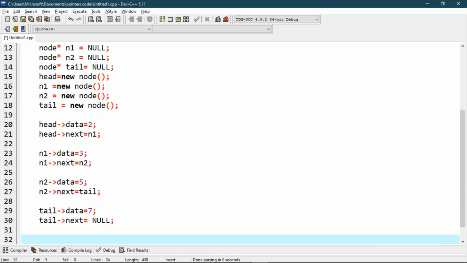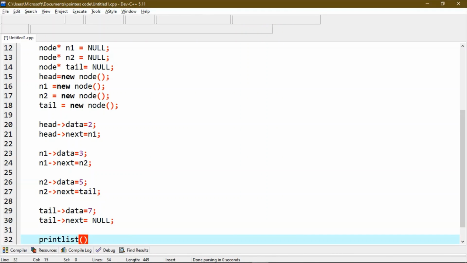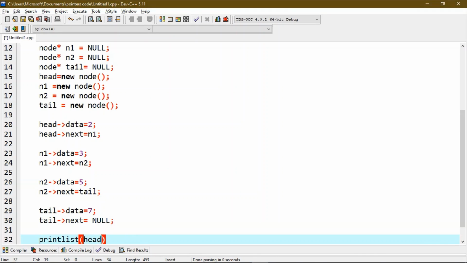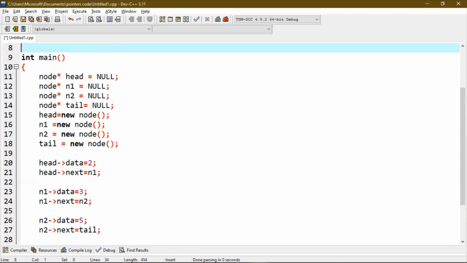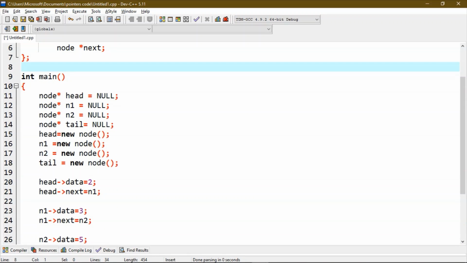Now let's call a function to print this list. We will give head as the argument, as we can only traverse a linked list from its head. Let's write a definition for this print list function.